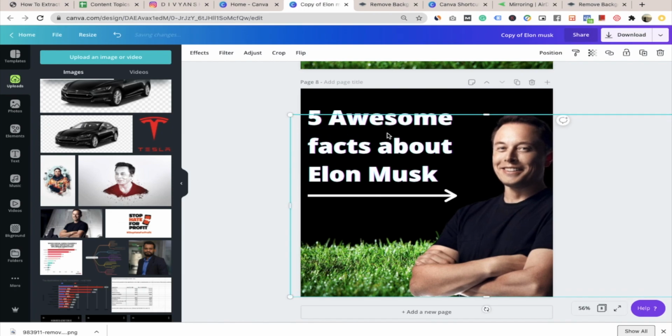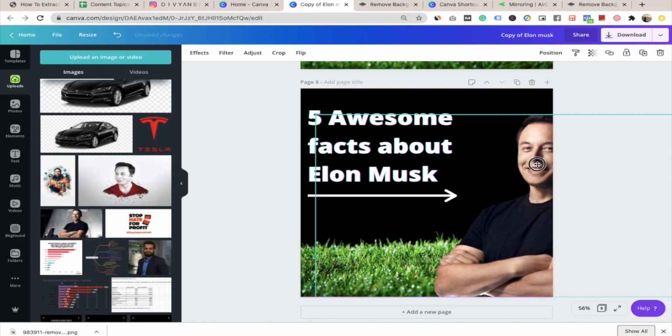You can do all the text adjustment as well, so you can find the relevant fonts. Okay, so there you can see, but since I am going to make it a carousel post, so let me do it this way. Okay, this much is fine, I believe. Okay, what is the next thing that you need to do?